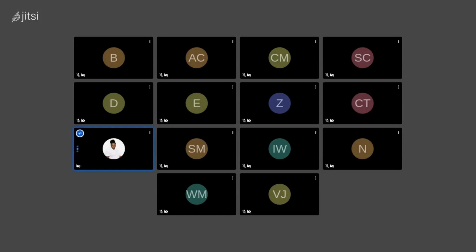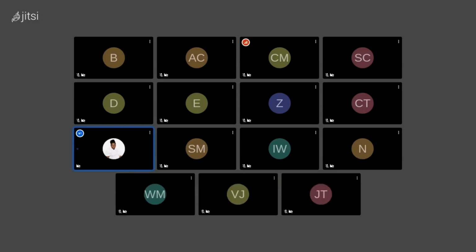I had shared the link in the chat. It's not a big software package. Once you follow the link, you'll find another link to download JOSM, depending on the operating system you're using, whether it's Windows, Mac, or a Linux-based system.